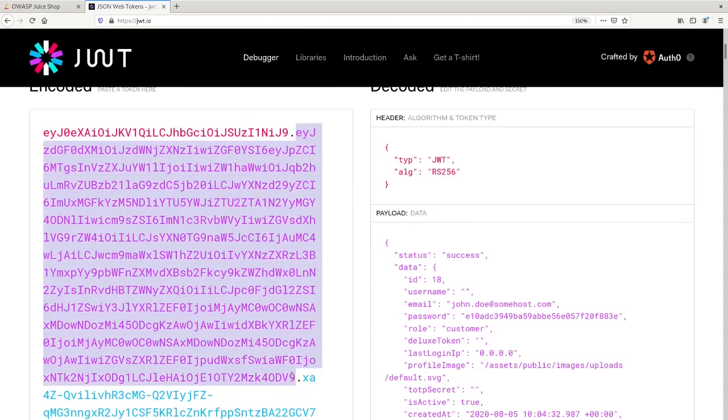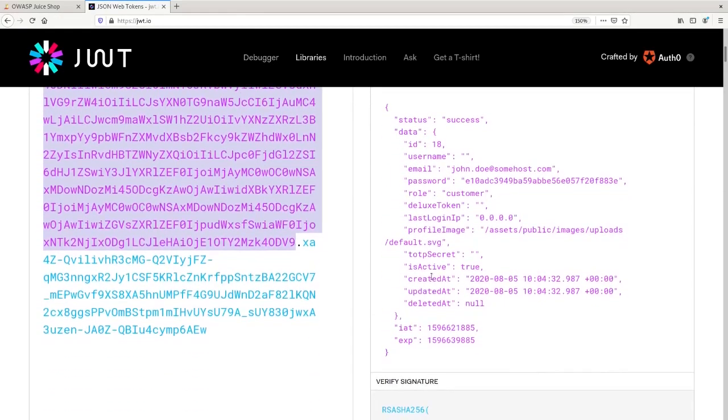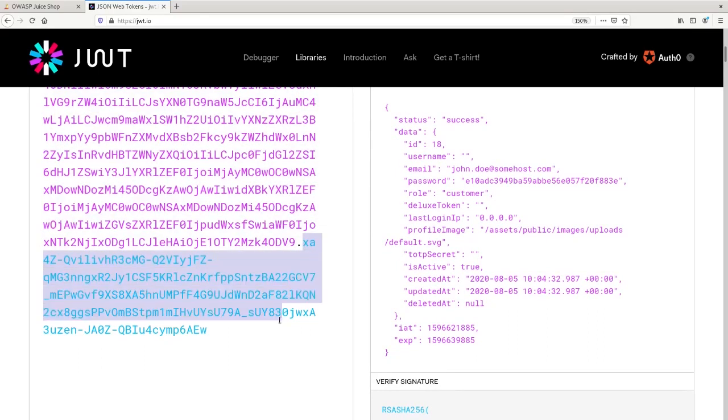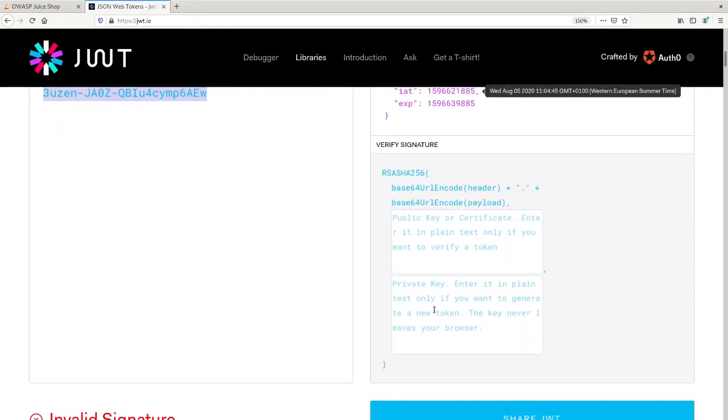The second section is called payload, and it holds the actual data or claims. The third and last section is the signature. Tokens can be signed by the server using a key, so the server is able to verify that the token is legitimate when it is sent back by the client in subsequent requests. The signature is calculated by base64 URL encoding the header and payload, concatenating them with a period as a separator, and passing the resulting value to an algorithm such as the HMAC